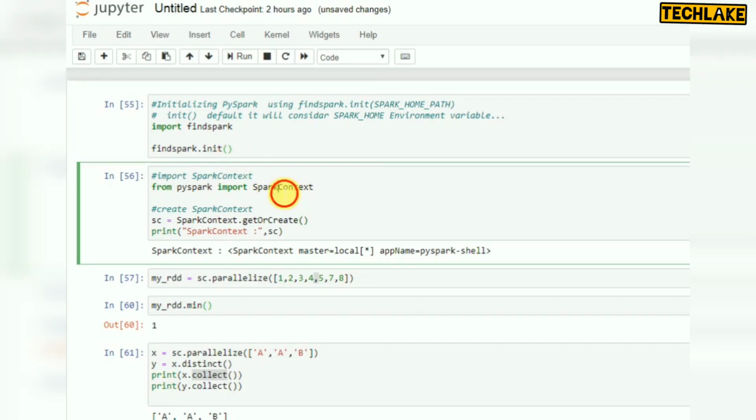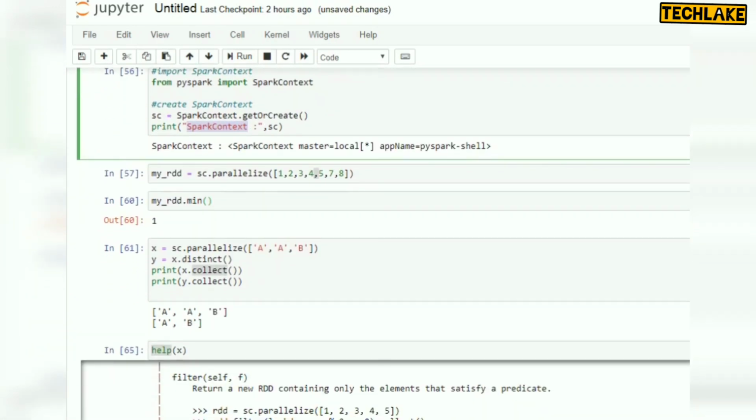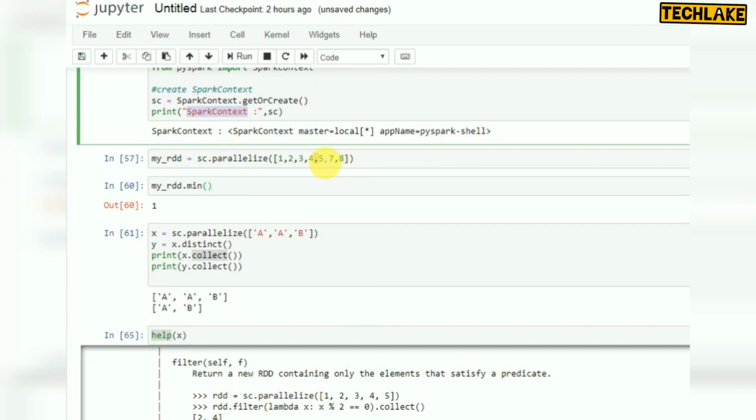Second, whenever you are using a Spark context, you have to create it manually on the local system, using the PySpark module SparkContext, and then I'm checking whether it is created or not. Then creating an RDD: you can create it with static values, with a list, collection or dictionary, like any Python collection. You can use transformations and actions on top of that.